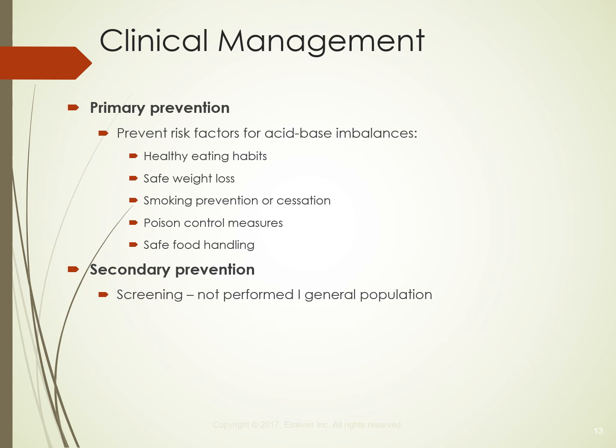Teaching people how to lose weight safely without totally eliminating carbohydrates can help prevent starvation ketoacidosis, as well as achieve weight management goals. Poison prevention efforts can help prevent excessive ingestion of acids or acid precursors. Instruction regarding hand hygiene and safe food storage helps prevent diarrhea and vomiting, two common risk factors for disrupted acid-base balance. In summary, most of the primary prevention strategies aimed at specific disease processes and behaviors detrimental to health in general also help prevent disrupted acid-base balance.